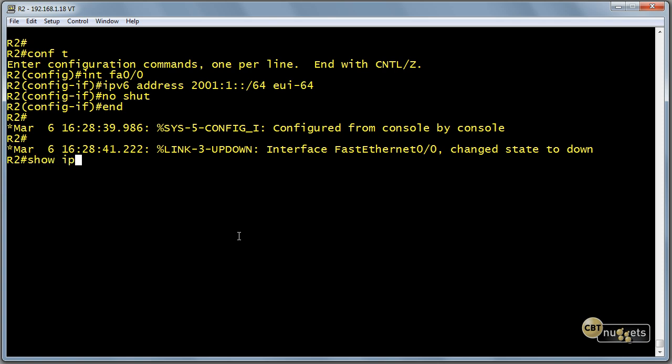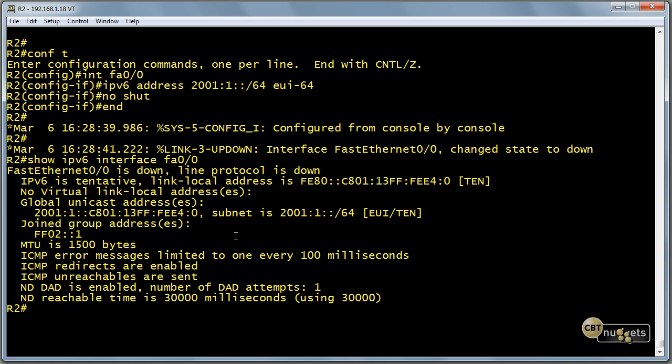Now, if I do a show ipv6 interface FA0/0, what we see is, sure enough, we have a global unicast address now. Notice the host portion was indeed created for us automatically. And look at this. We have joined a multicast group address. And the multicast group address that we have joined is the all nodes multicast IPv6 address of